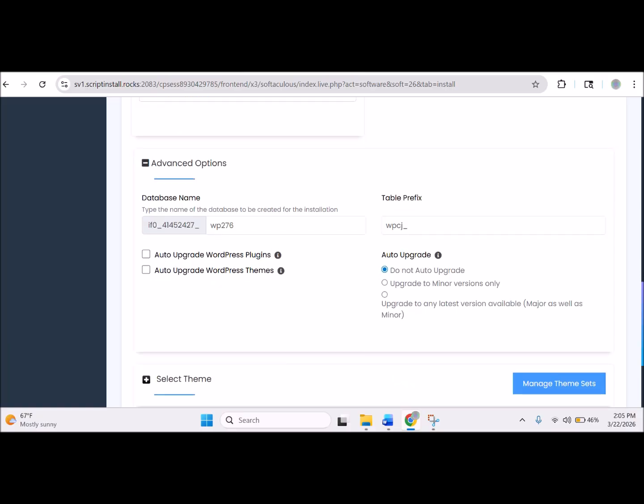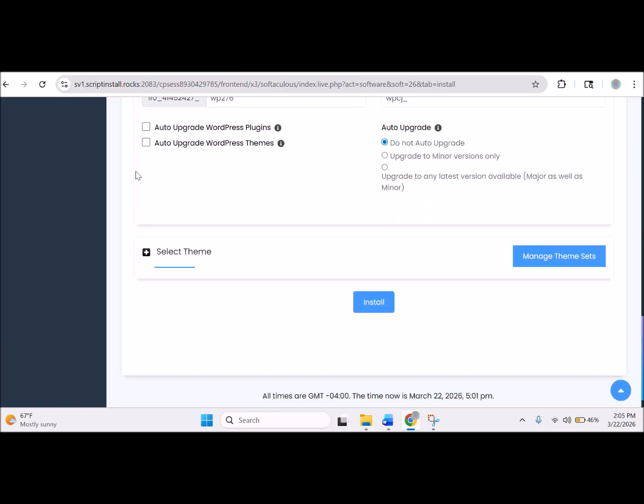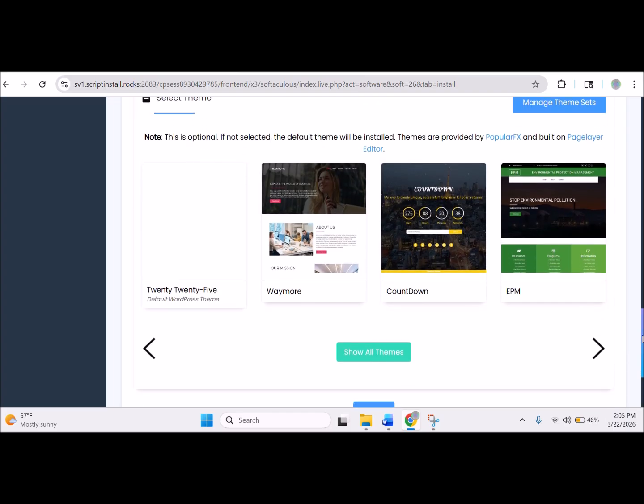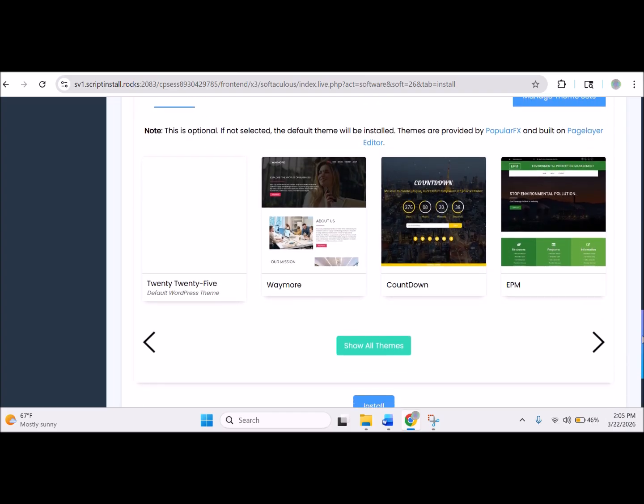You can also go to select theme. You can manage themes through here. I'm going to take you through a different way, but these are the themes that you usually would see in WordPress. We are going to get some different types of themes. So if you like the way everything looks,